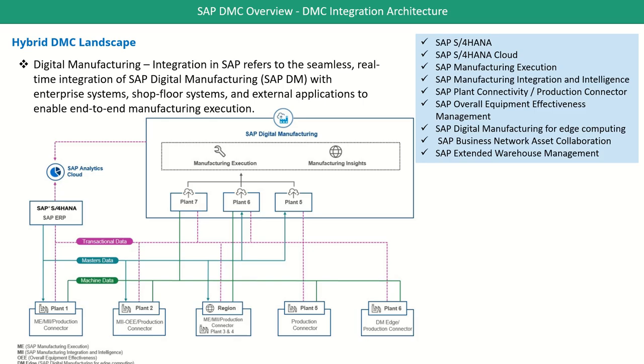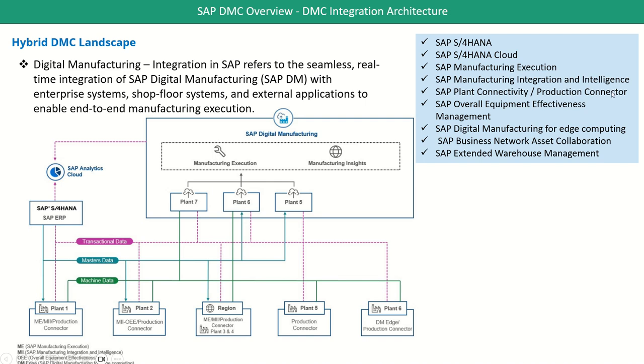So coming to the SAP integration architecture. The SAP integration architecture shows what options we have to integrate our SAP Digital Manufacturing system. SAP Digital Manufacturing can be integrated with S4 HANA on premise, S4 HANA on cloud. It can be integrated with a Manufacturing Execution (ME) system, SAP Manufacturing Integration and Intelligence (SAP MII), SAP Plant Connectivity